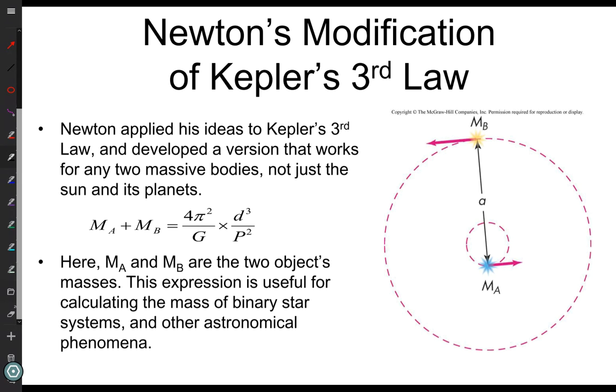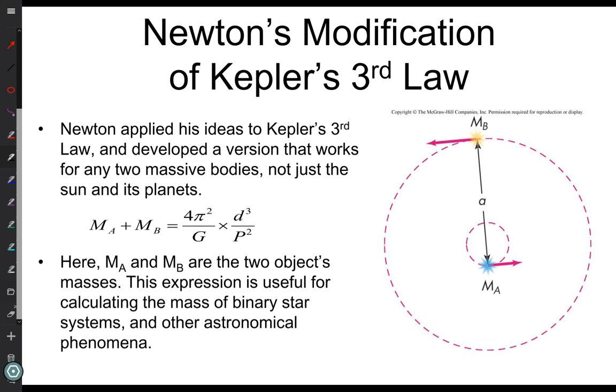This actually plays back to why the word "generally" is in that homework question. If one mass is much, much bigger than the other, then what I did is correct. But technically, this is always correct. Like if you take the mass of the Earth plus the mass of the Sun, you end up with the mass of the Sun, because the mass of the Earth is negligible. It's of no account compared to the mass of the Sun. But if you have two things orbiting each other that are not that different, then you have to take the sum of the masses.